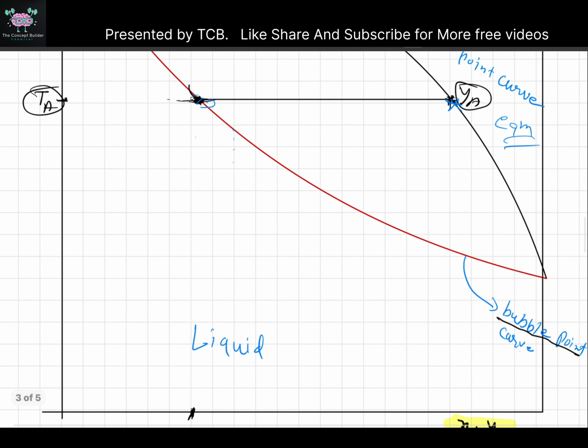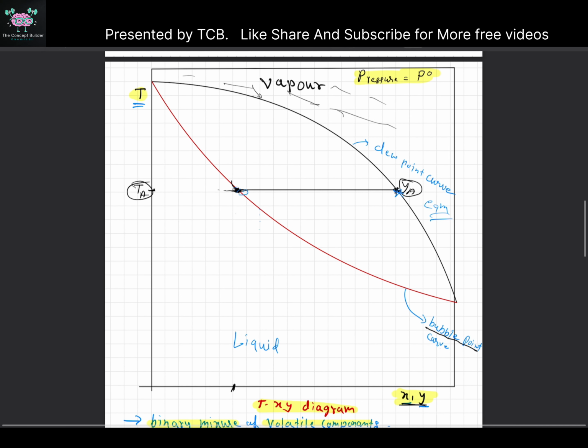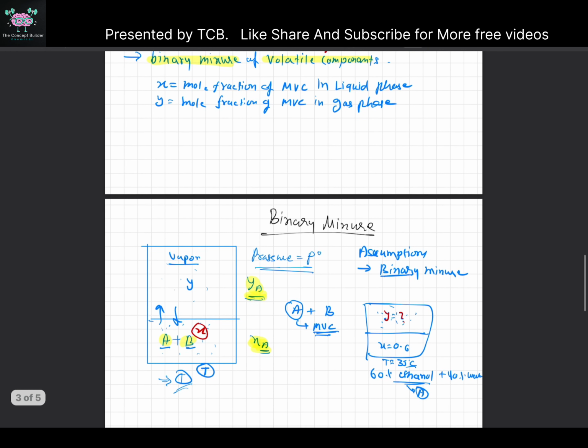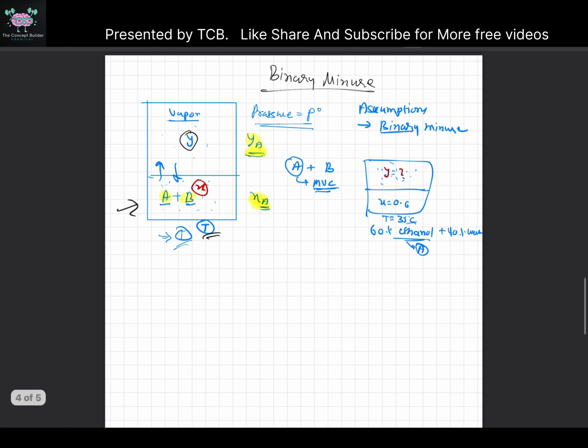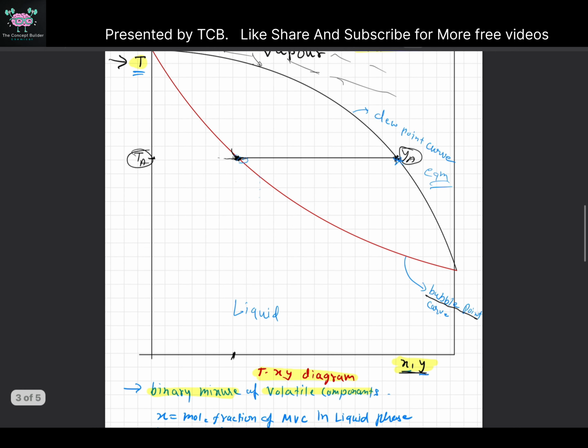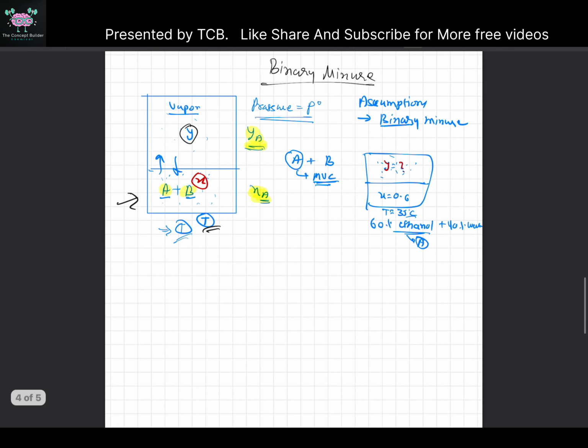Okay, now let's understand what the different phases in this diagram are. On the y-axis you can see it's temperature. As I told you, it is the temperature of the mixture, at which you are maintaining this mixture. Okay, and you have to keep it constant so that equilibrium can be achieved and you can get Y and X. Okay, simple. Now this region below this red line is basically a liquid region where your mixture is only